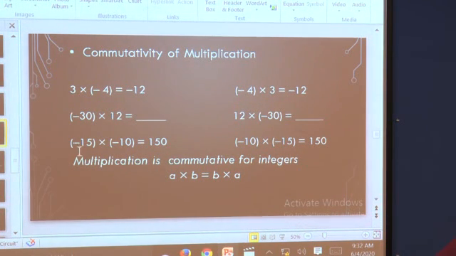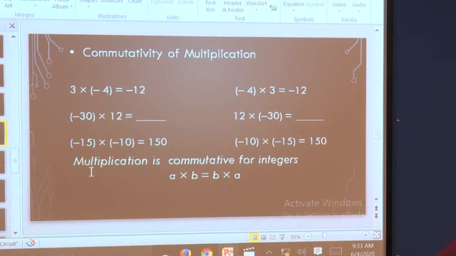Here one more example, minus 15 multiplied by minus 10. What will it be? Yes, it is an even number of times. It is 2 times negative integers. So, the answer will always be positive. So, 15 tens are 150. What have I done? I will get the same answer here. But what have I done here? Just because of the commutative property, I can change the place. I can replace the integers during multiplication and addition. So, I have written minus 10 into minus 15.